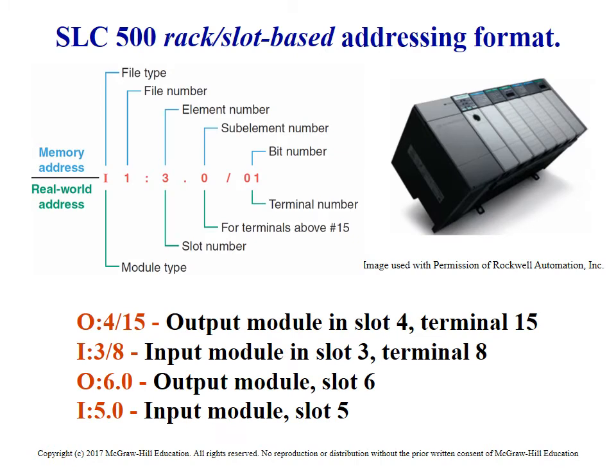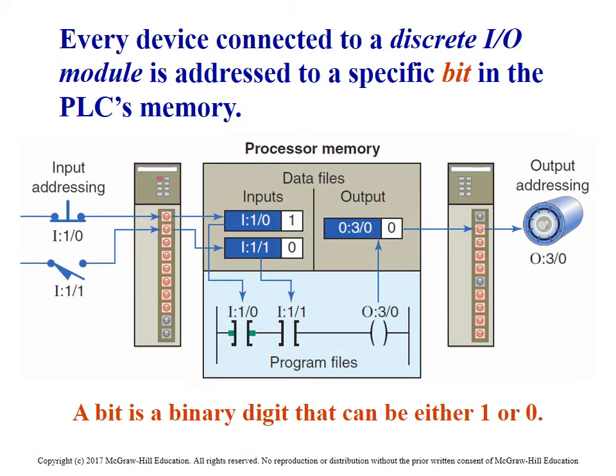So here we are looking at the 500 format again, looking at some different addressing. Module type, input or output, it would be an I or an O, depending on whether input or output. File number, this is just something that Allen Bradley uses. You don't have to show that in the program. They're just making you aware that input is 1, output is 0. Element number or slot number, that's the slot, the location in the rack. And then the bit number, which wire or which terminal you landed the input to on that card.